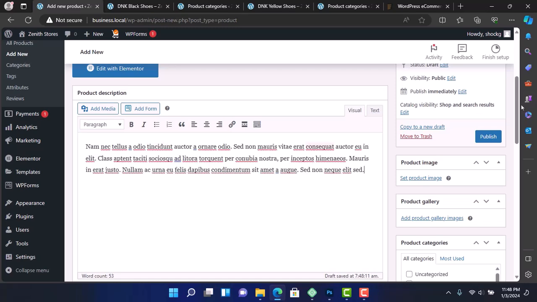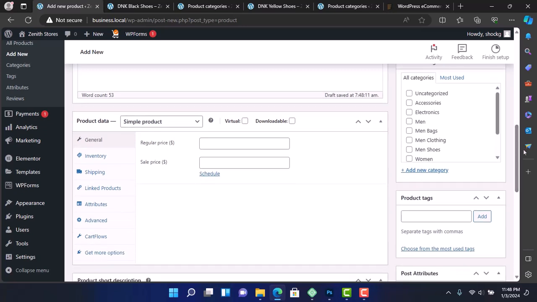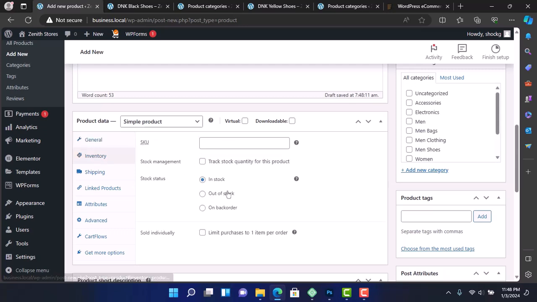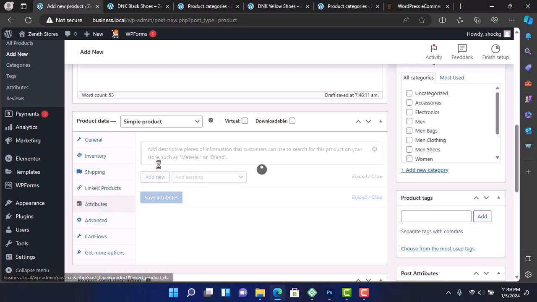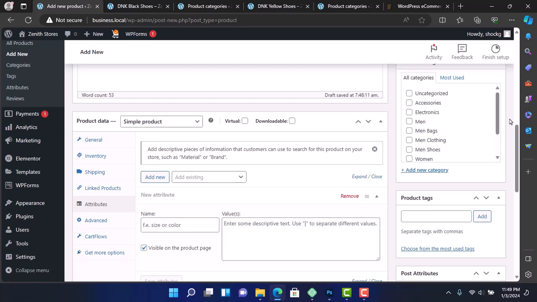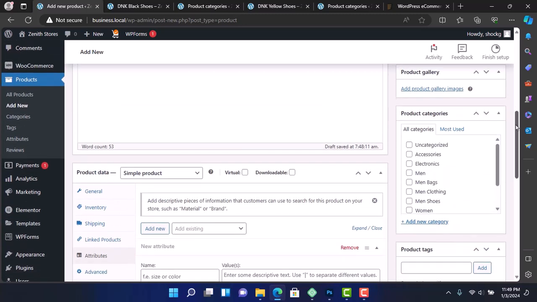And then this, I don't have any variation, so this is just going to be a simple product. So the regular price is, let's say, $800. So I'm selling it for $650. Then inventory, you can leave it as in stock. Shipping, you can set shipping, linked products, attributes if you have all of that. So next, what I'm going to do, I'm going to add this in the electronics category,